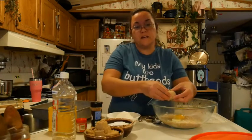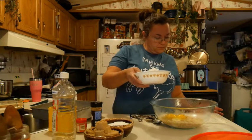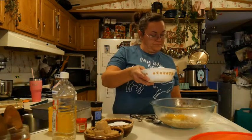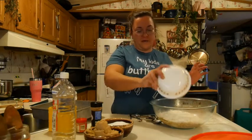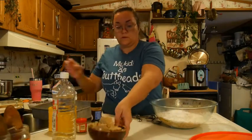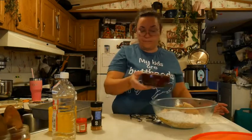These are our pretty farm fresh eggs from our Araucana cross hens. And then we're going to add, I have to look at my recipe, I get nervous. I have to add 1 cup and 1/3 of flour, 1 cup of white sugar, 1 cup of packed brown sugar,